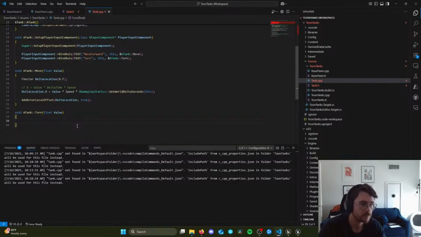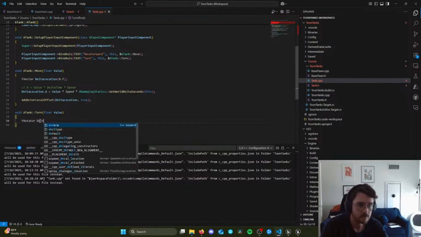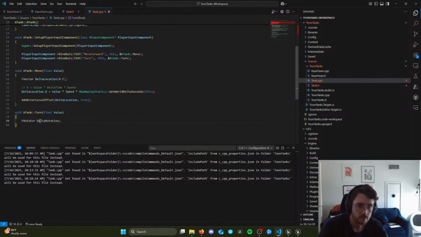It's called delta rotation, and just like add actor local offset, it can also take a sweep parameter and the same other 2 input parameters as add actor local offset, and these last 3 input parameters are optional just like add actor local offset. So instead of an f vector, we're going to pass in an f rotator. Now back here in the turn function, if we create an f rotator, and we call this delta rotation, we'll see that if we right-click on f rotator and go to definition, we're taken to rotator.h,